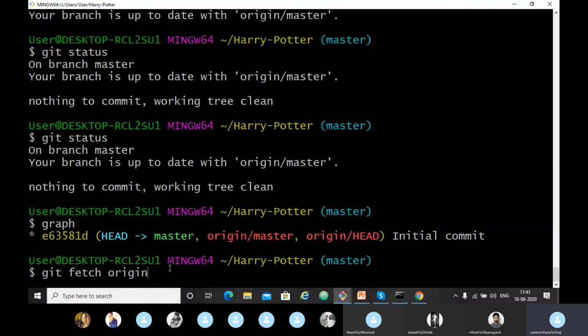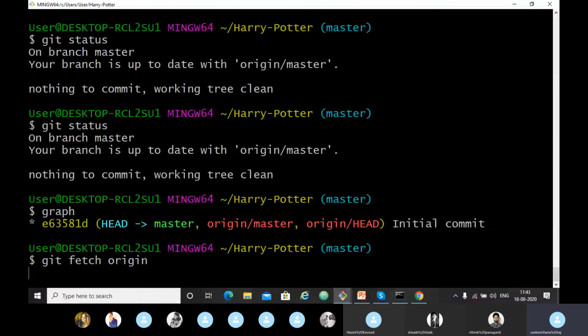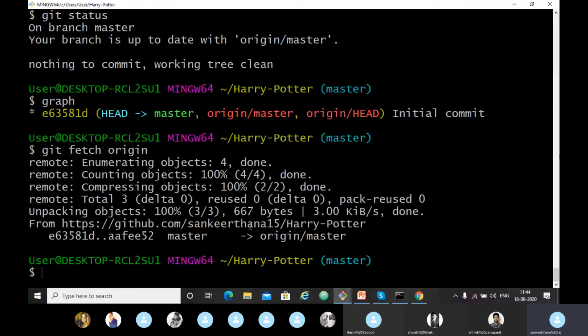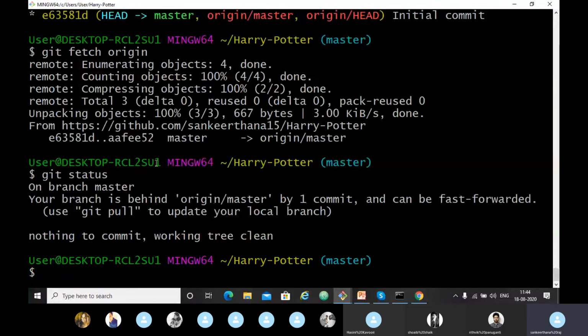So whatever is in the GitHub repository, you will find the new commit and bring it down to your local repository with the command git fetch origin. Now let's see the git status. It shows that your branch is behind the master branch in the GitHub by one commit and can be fast-forwarded. So this will be the merge. Now if you want to integrate it, just type git merge origin slash.